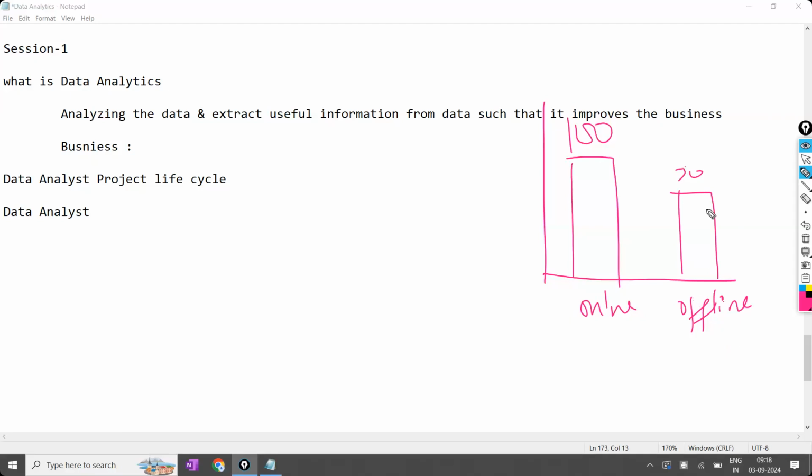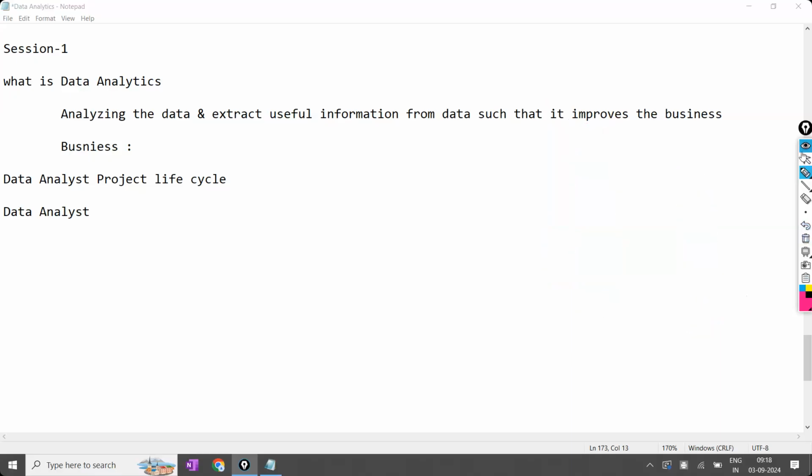So here, first they observe the data, and from that they develop some kind of business insights. What the data analyst will do majorly is make observations on the given data. First they observe the given data, and from that they get business insights.